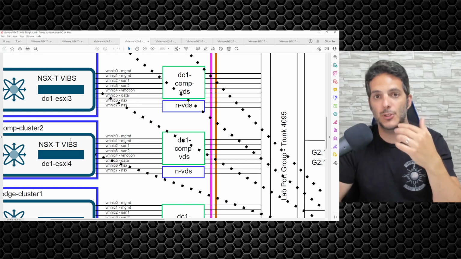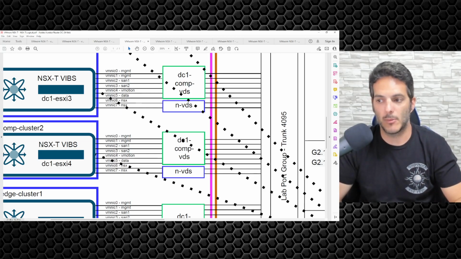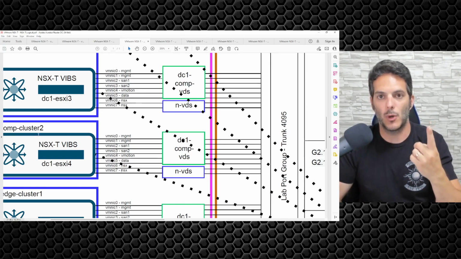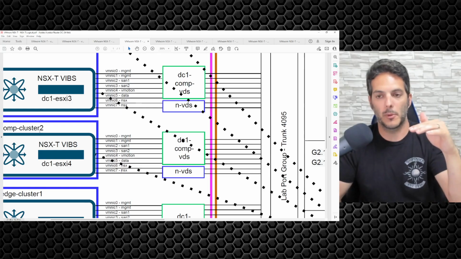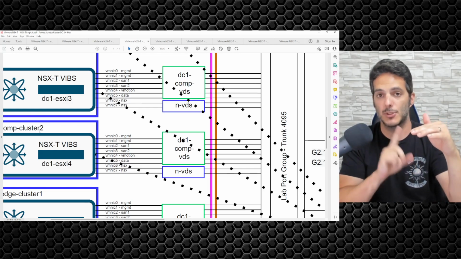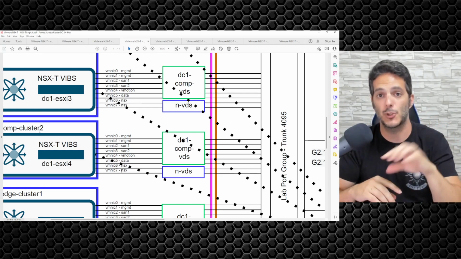Once the uplink profile is created, then we'll be able to go through the deployment at the host level. There's only a single host, so instead of doing a cluster level deployment, where we're going to take a transport node profile, which is different than an uplink profile. And that's why I'm doing it the way that I'm doing it, so I can show you both ways to